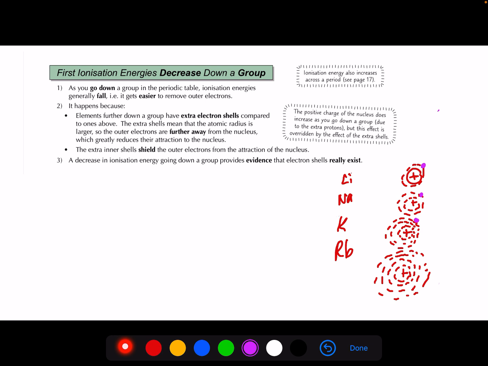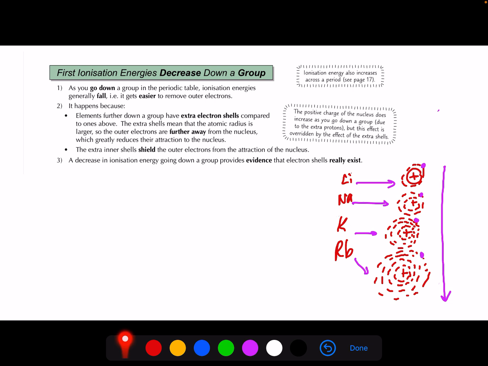So you see in rubidium, potassium, sodium, and lithium, in rubidium the electron is the furthest away from the nucleus. So as I go down the group,